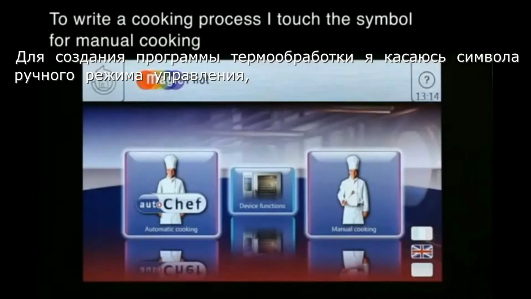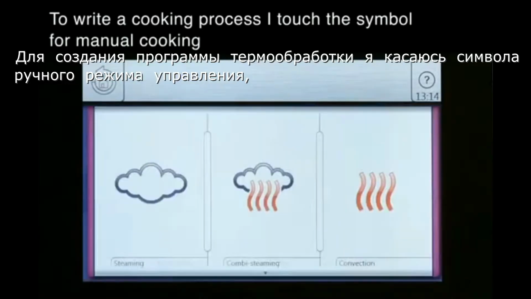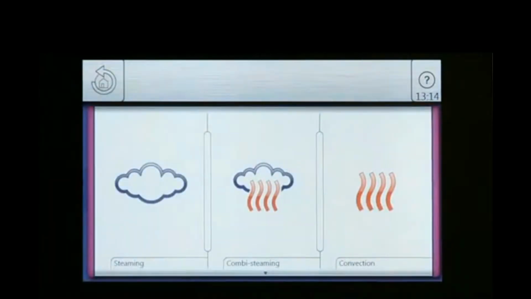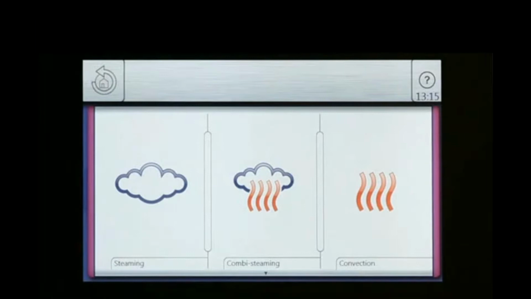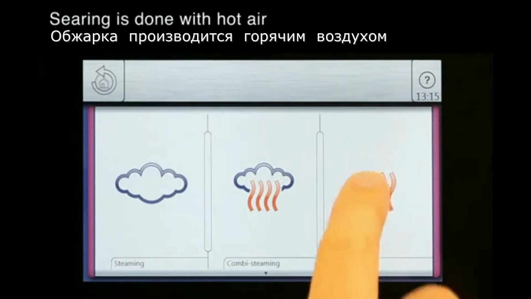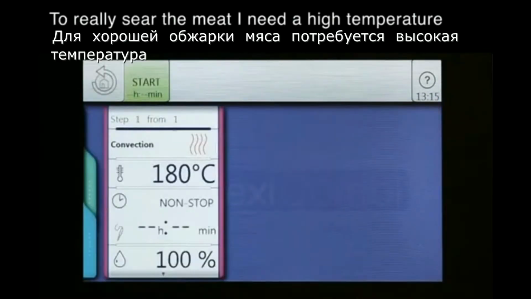To write a cooking process, I touch the symbol for manual cooking. Let's say I want to prepare roast beef. The first step will be searing. Searing is done with hot air. To really sear the meat, I need a high temperature,